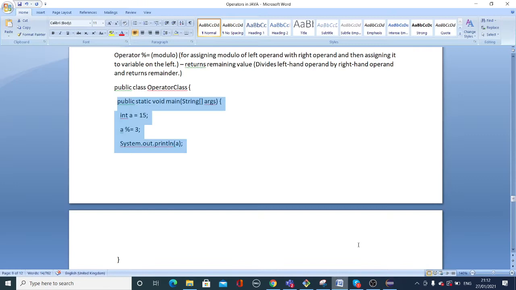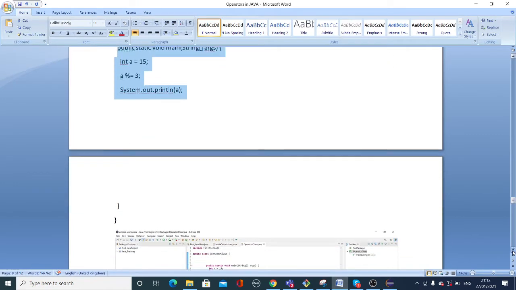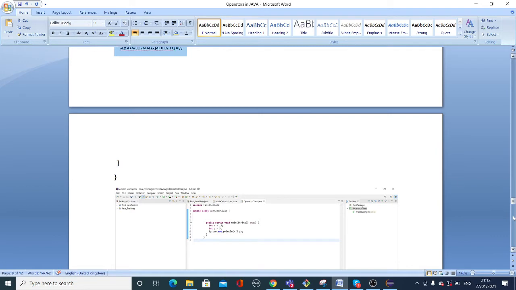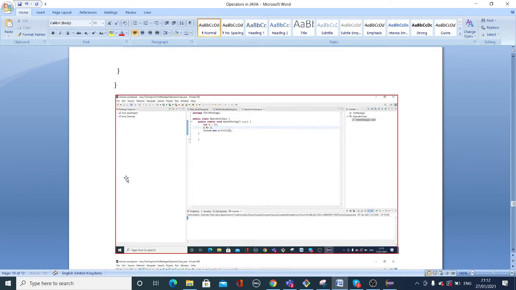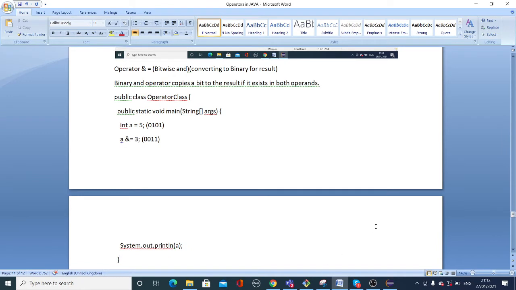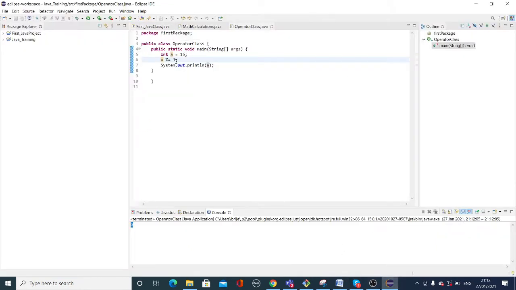Let me just copy and paste the evidence. Oh, I have it already. Okay, in the same one, if I do 15 divided by 2, what would be the answer? The answer would be 1. It's 1. So what happens? 7 times 2 equals 14 and 1 is the remainder. So the answer would be 1. Agree?